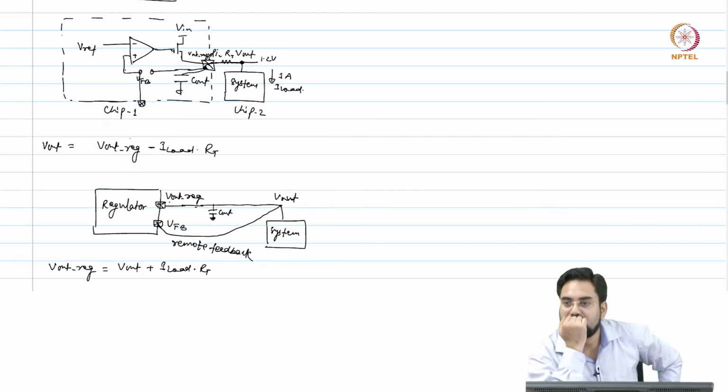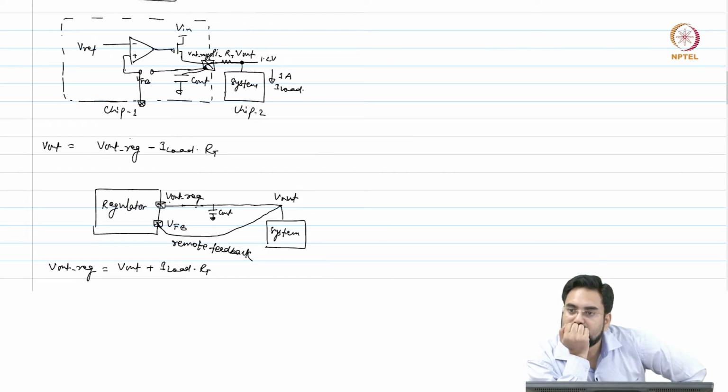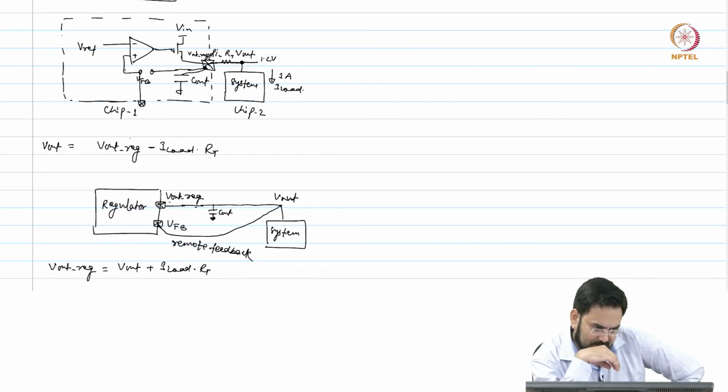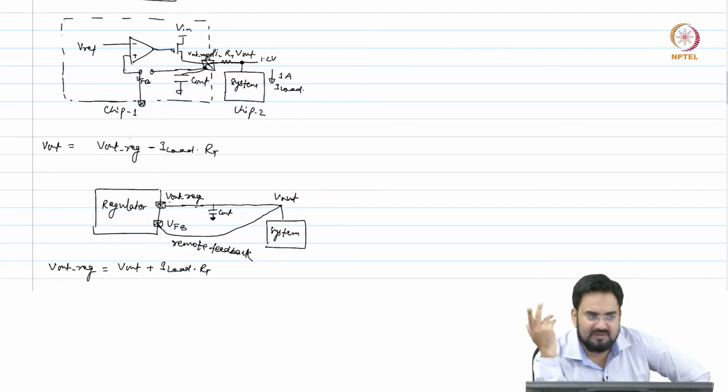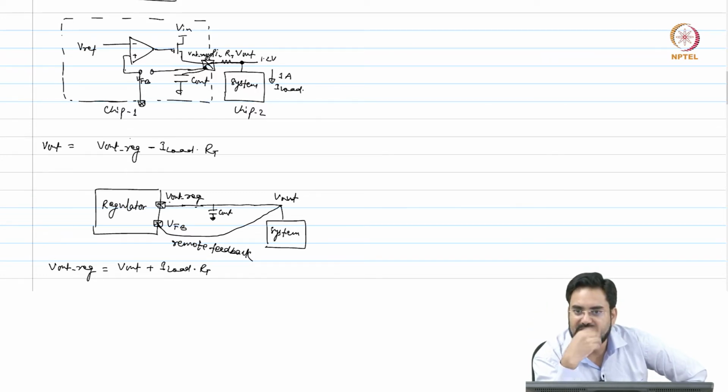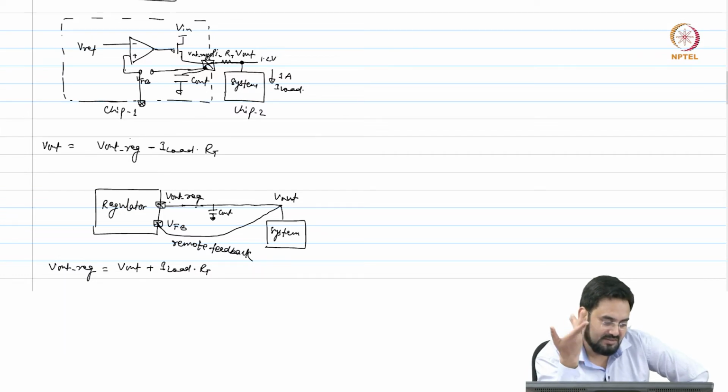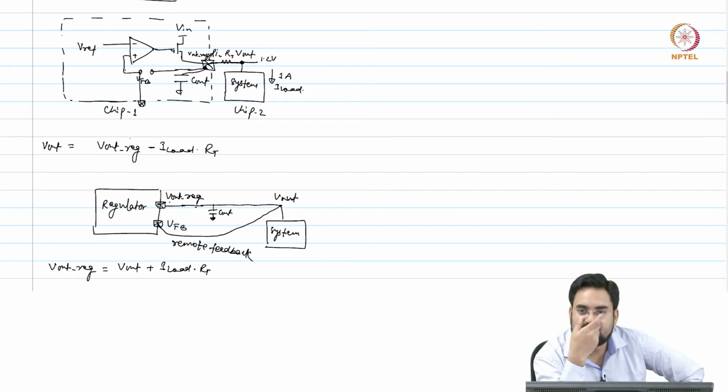RT is very small, so this pole will be at very high frequency, milliohm. Okay, that's a cost factor, one pin. What about efficiency? It will increase or decrease or remain the same? Efficiency will decrease. Why? Because this power is being dissipated over RT. But that was happening earlier also.